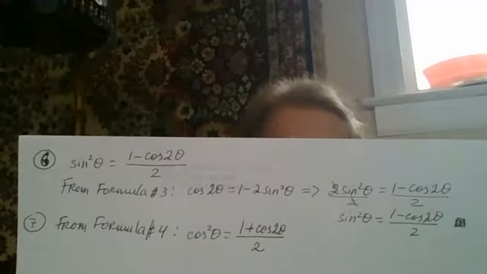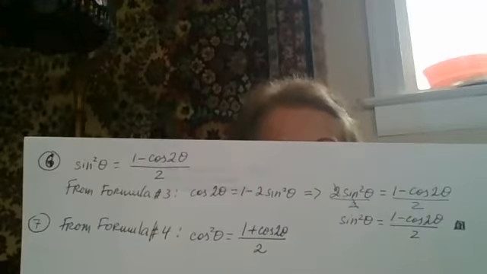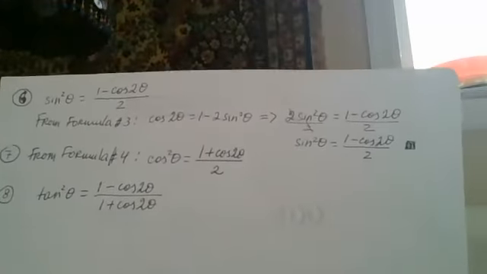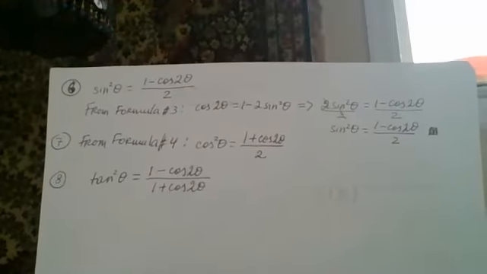The proof is very similar to what I did for formula number 6. And finally, on this page number 232, you have formula number 8 for tangent of half angle. And what can I do? Can I treat tangent again? First, let me write it down: 1 minus cosine of 2 theta over 1 plus cosine of 2 theta. This is formula number 8.